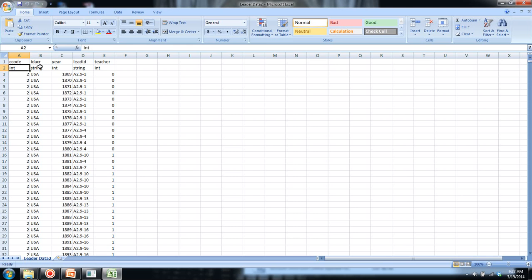row 2 specifies the type of data that the variable is. For example, C code, since it's an actual numeric code, has int here for integer. Whereas USA and lead ID, because they have other characters in them, are not strictly integers. Instead, they're string variables. This is important because it will allow NewGene to properly format the data. So now that we have our sheet specified, I'm going to go ahead and